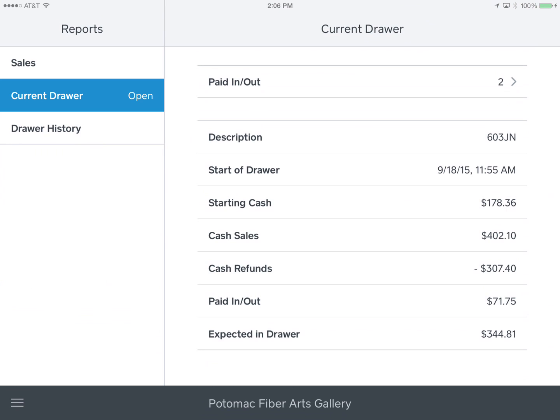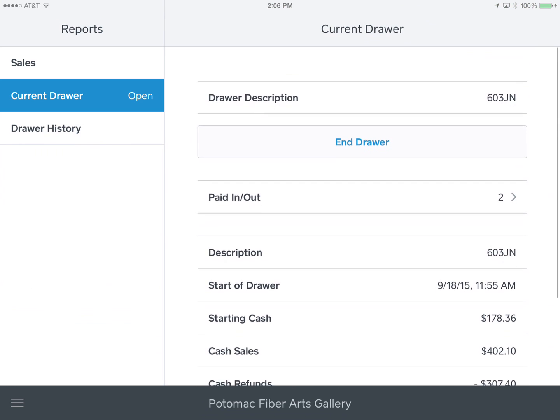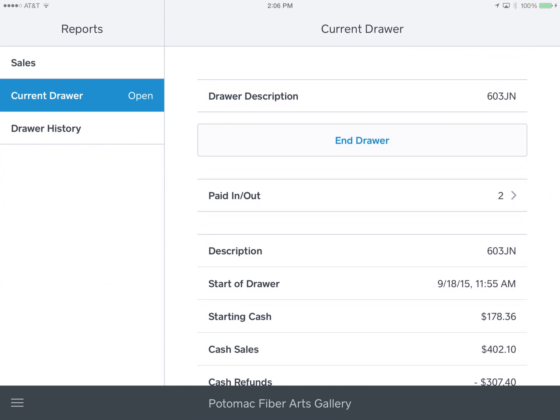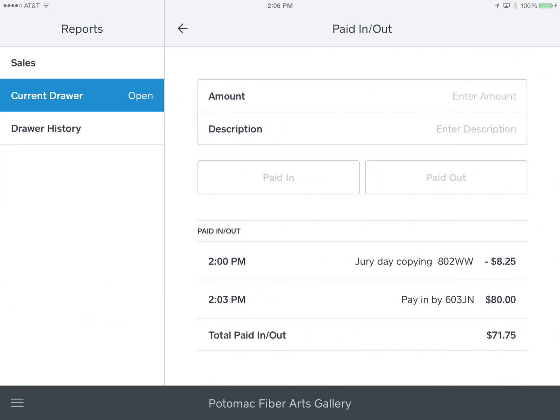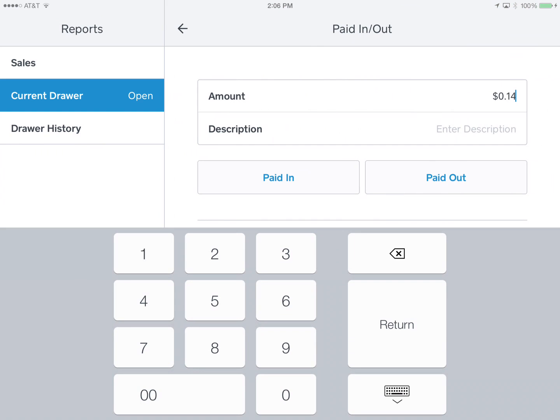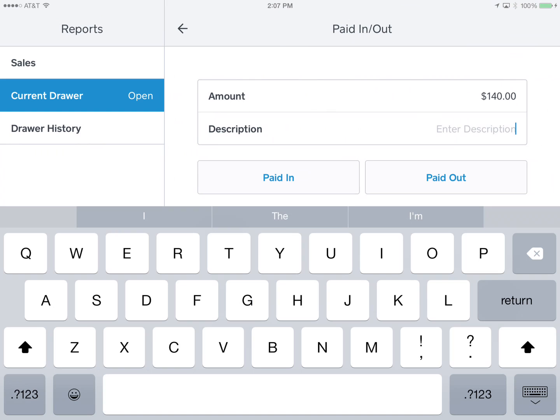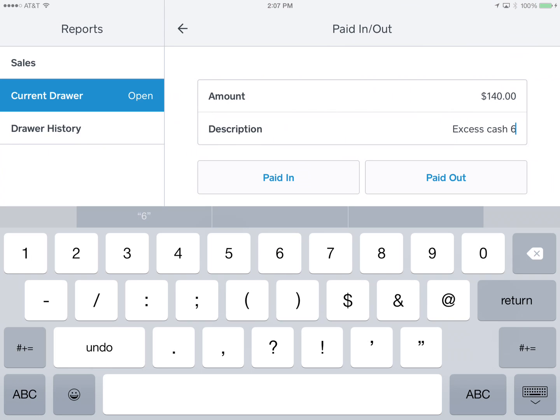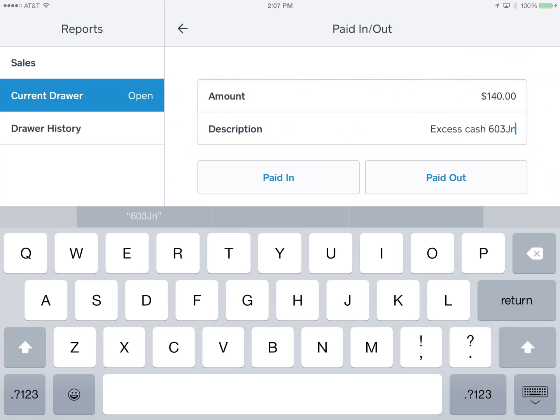I'm putting that in the envelope to the business manager, and I'm going to do a paid out in the register to account for that. So right now I'm going to say $140, and I'm going to say excess cash, and then I'm going to put my number and initials, and then if you'd like, you can also put